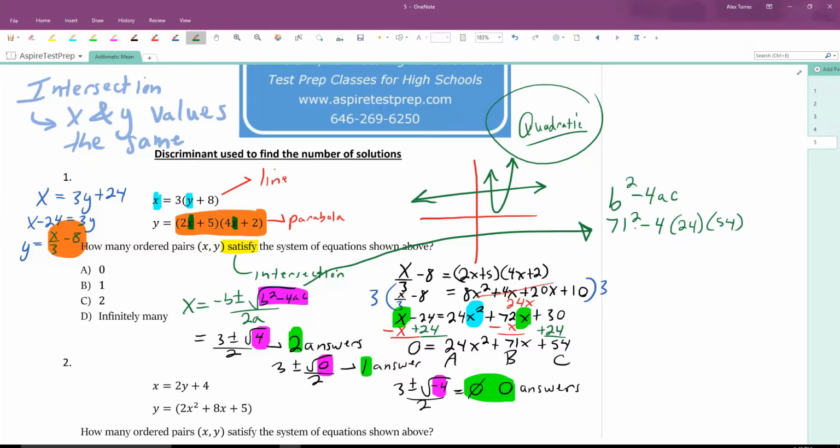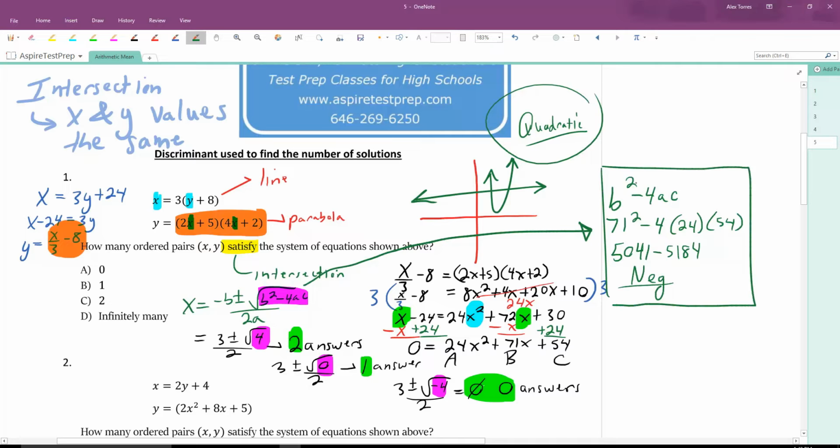So 71 squared is 5,041 minus 4 times 24 times 54. So minus 5184. And so obviously we're subtracting a bigger number from a smaller number. We don't even need to know what the exact answer is, but the point is we tested out the discriminant. This is the discriminant right here of the quadratic formula. We found out it was negative, and that means we have